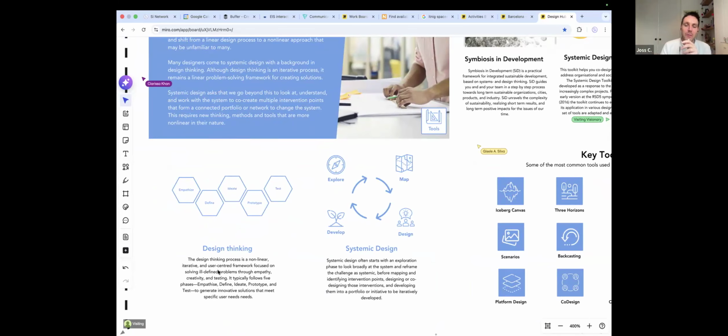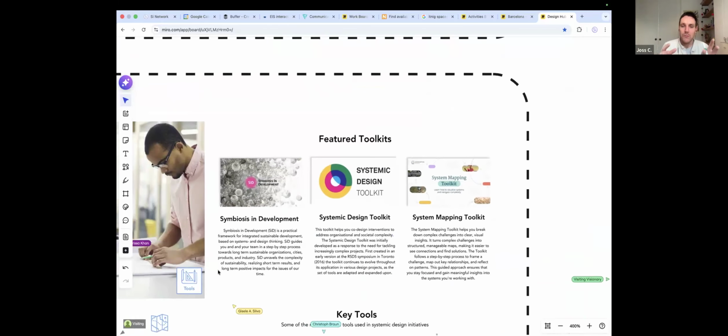And we highlight three main frameworks or methods here. Symbiosis in Design, SID, is from Acceptance in the Netherlands. It's more focused on sustainable design. On the right-hand side, we have the systems mapping toolkit, which is very much grounded in the mapping element and a really good template on Miro for helping people, designers, build their own systems maps.